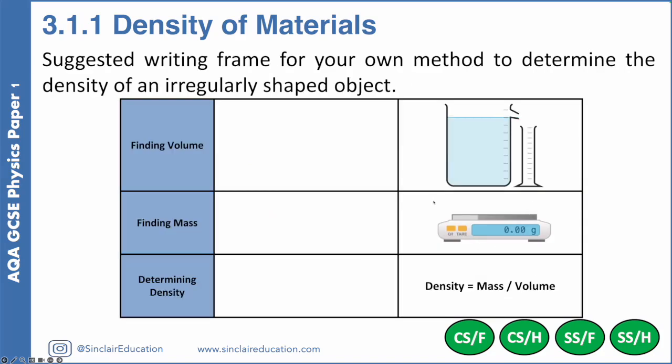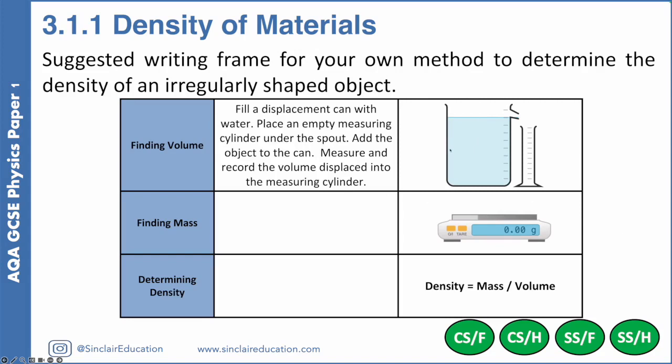So here, for example, we're going to say how I measure volume. So I'm going to fill a displacement beaker just up to the spout. A measuring cylinder underneath will actually give a higher resolution when we're reading this rather than a beaker. But we'll place something underneath to measure the volume. We'll add our object and collect and record the displaced water. To find the mass, we're going to use a balance,